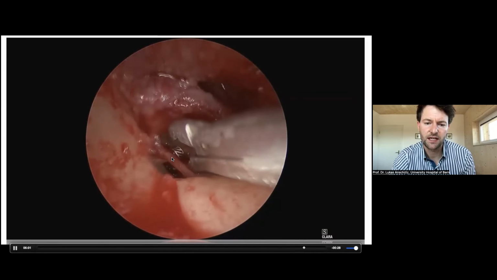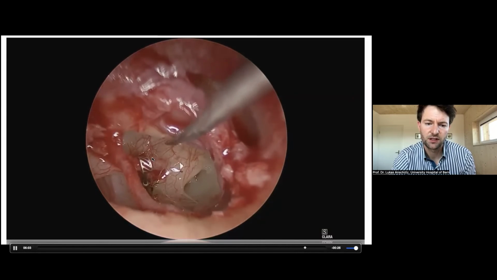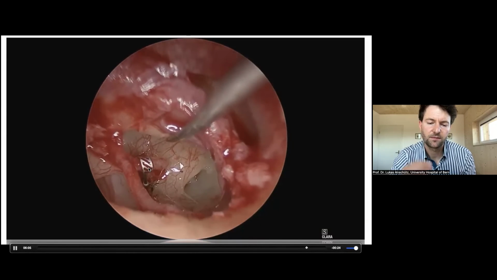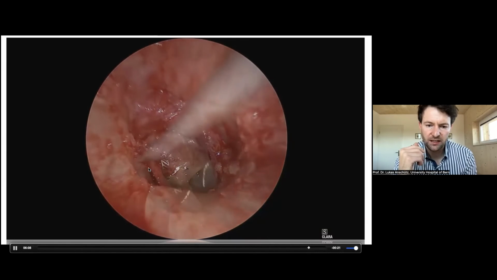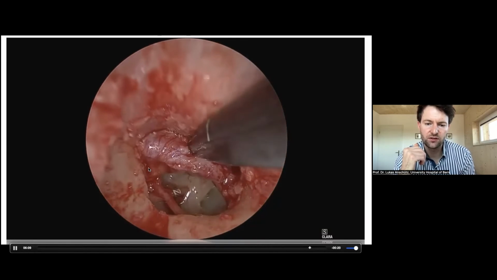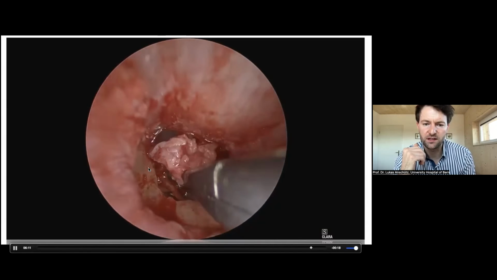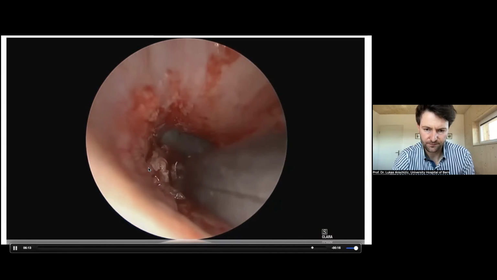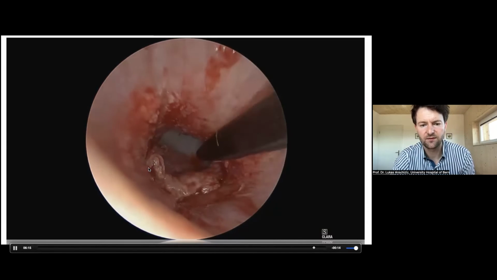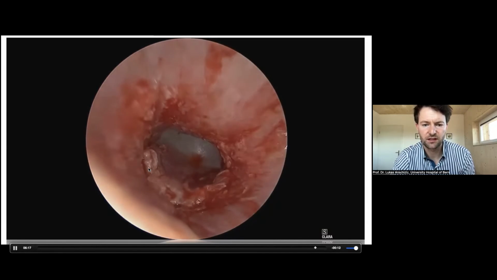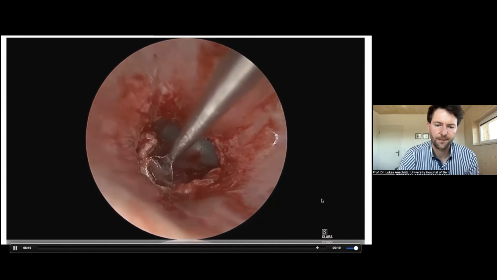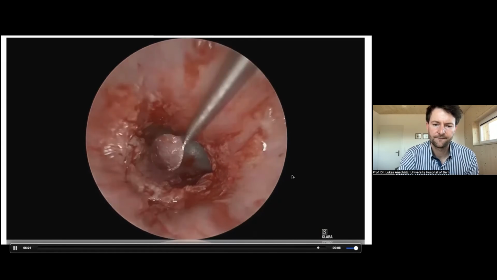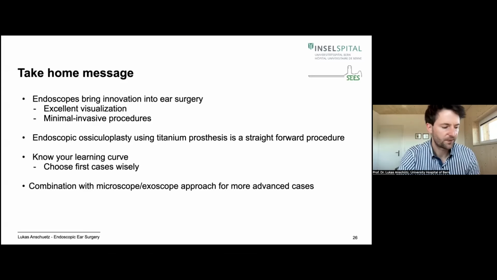I like this quite broad side of the prosthesis, because it allows me to really have a good contact to the incus without compromising its vascularization. Then we can put back the flap, put in our silk, and the surgery is finished. So I think we are on a good way.